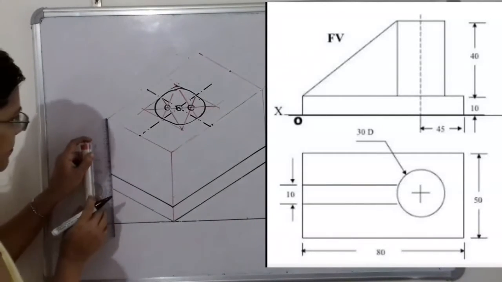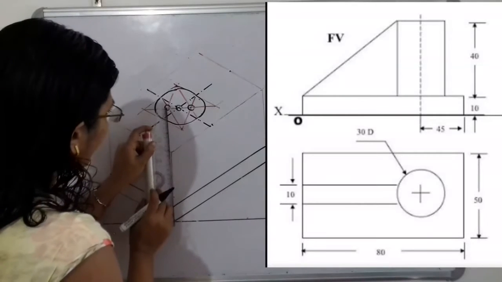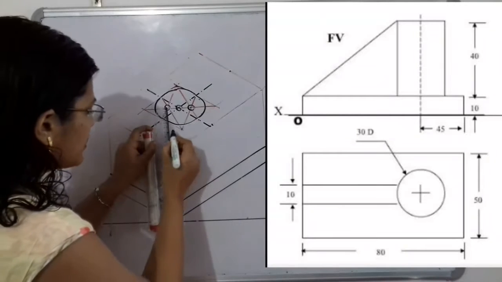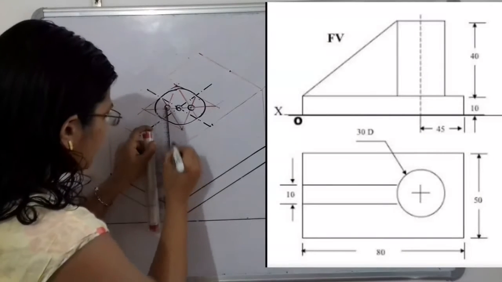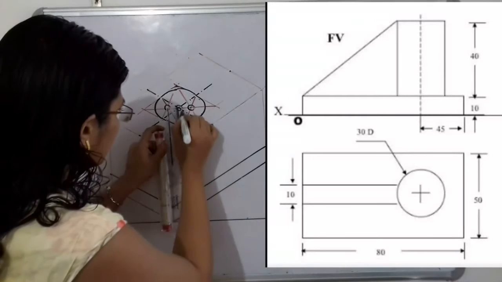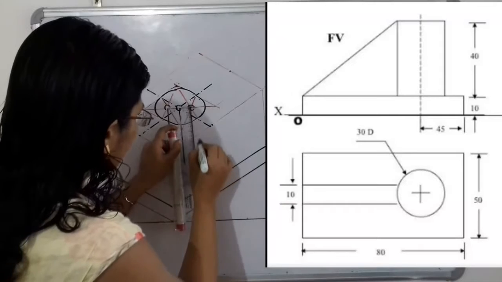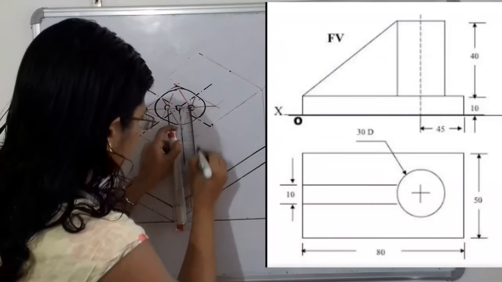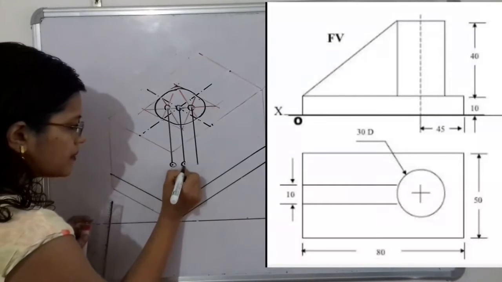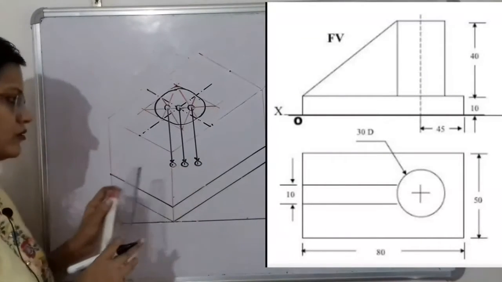So take the line parallel to this height, that is the straight vertical line, and then for this center, 40 millimeter means what? 40 into 3, that is 120 millimeter. So now this will be the center. Here is also the center, and then here is also the center. So these are the 3 centers. So I will complete it, and we can show here with the help of arrow also.